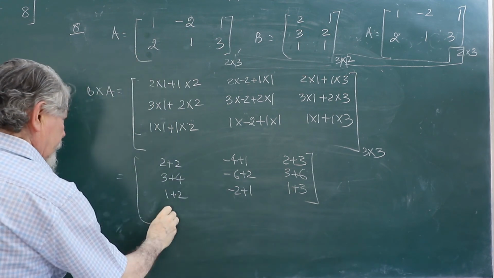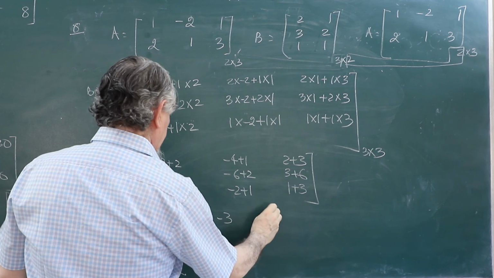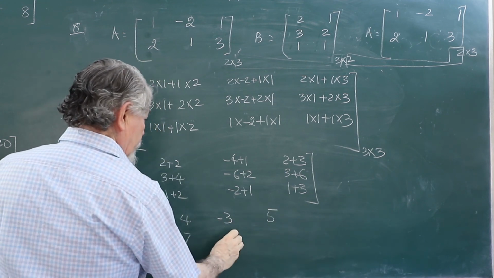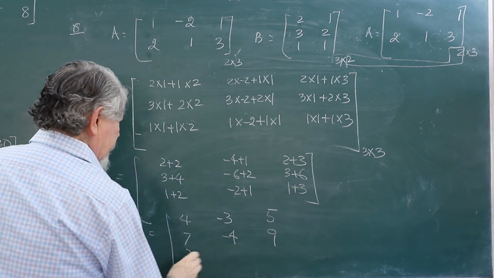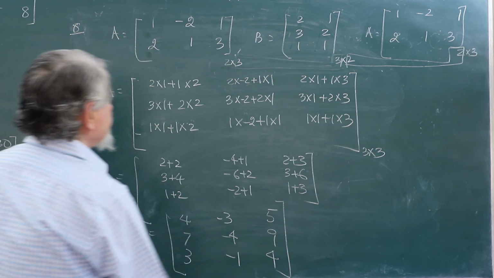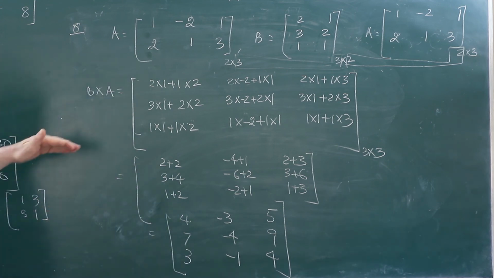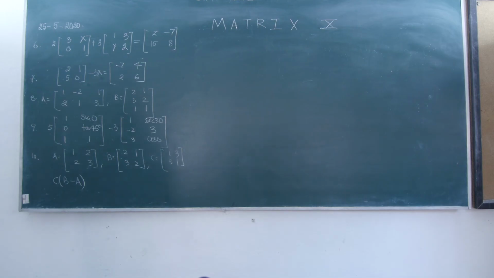That will be 4, minus 3, 5, 7, minus 4, 9, 3, minus 1 and 4. So this is the matrix B into A. We calculated A into B, then we calculated B into A. Question number 9